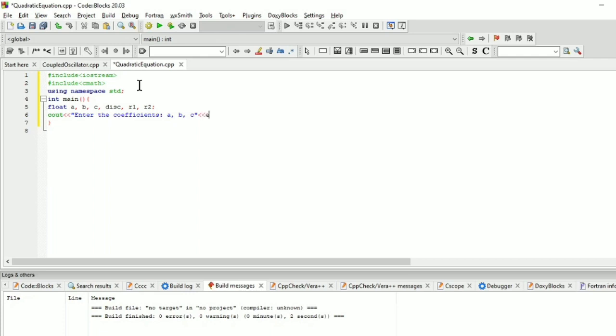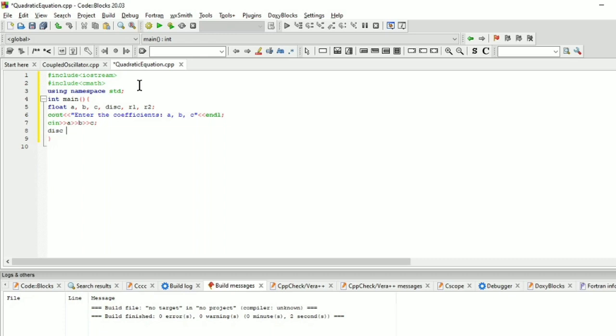Then I will write endl so that it moves to the next line. And in order to take the inputs from the keyboard itself, we will use cin a, b and c. So now we have obtained the values of these coefficients.